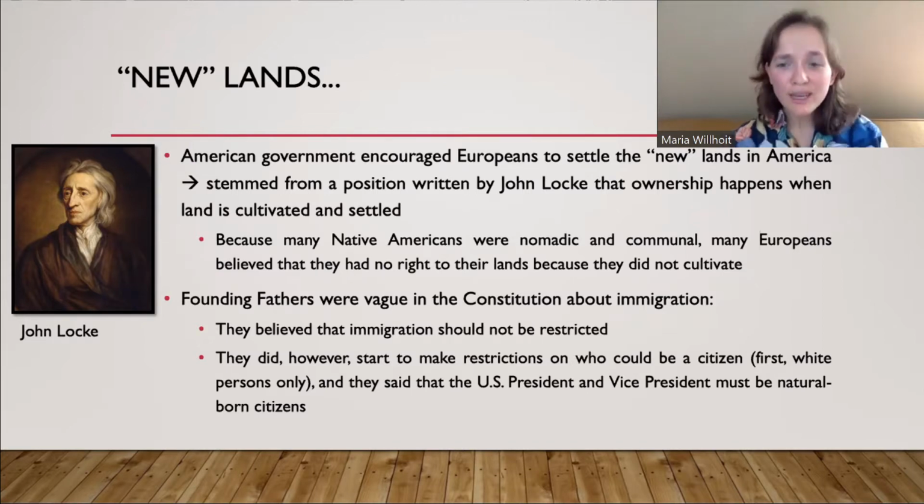So anyway, we start to have restrictions on who could be a citizen, and unfortunately, it wasn't for very good reasons. Even though they didn't want to restrict immigration, they believed that citizenship should first and foremost go to white people only, especially those who were land owning. It wasn't even necessarily race based, it was just wealth based. Like, are you white? Do you own a lot of land? Are you a good citizen, an upstanding Christian? So, not everyone could be a citizen.